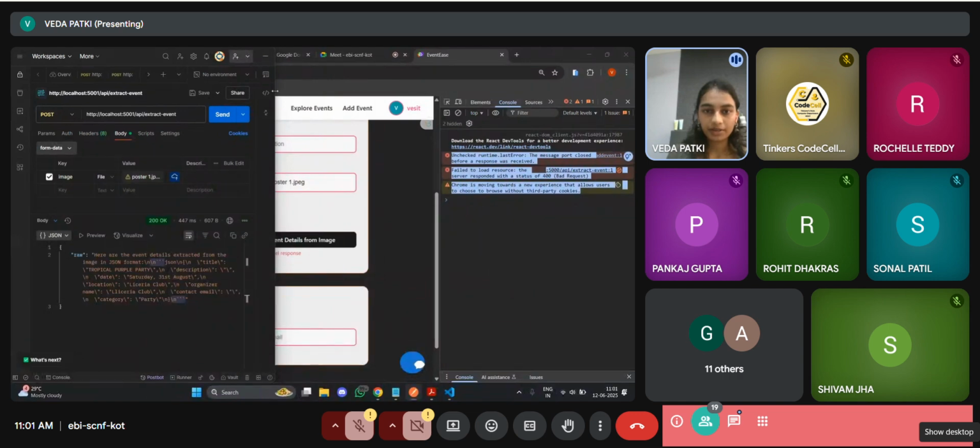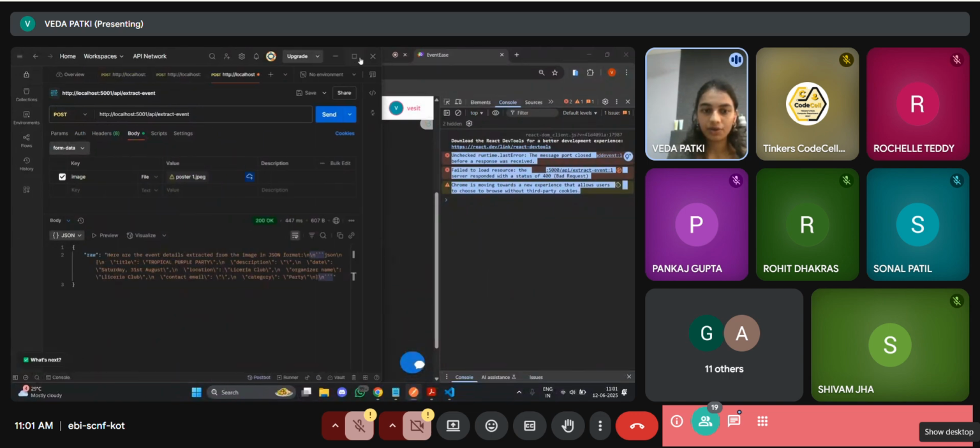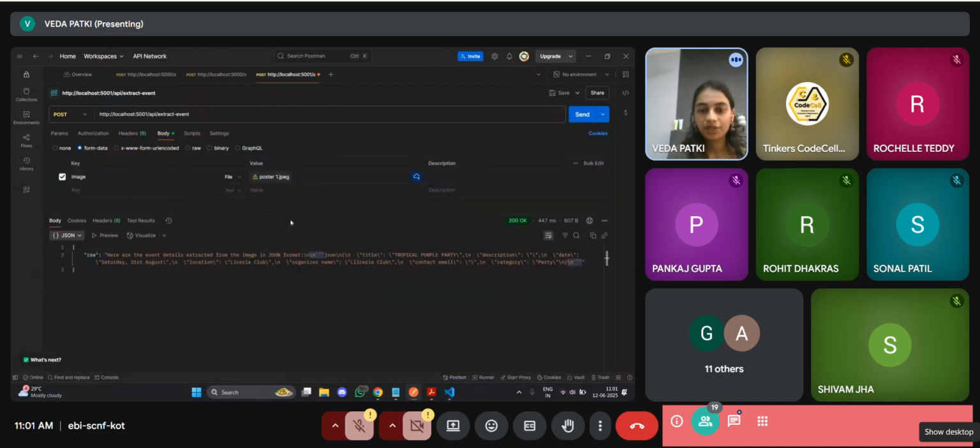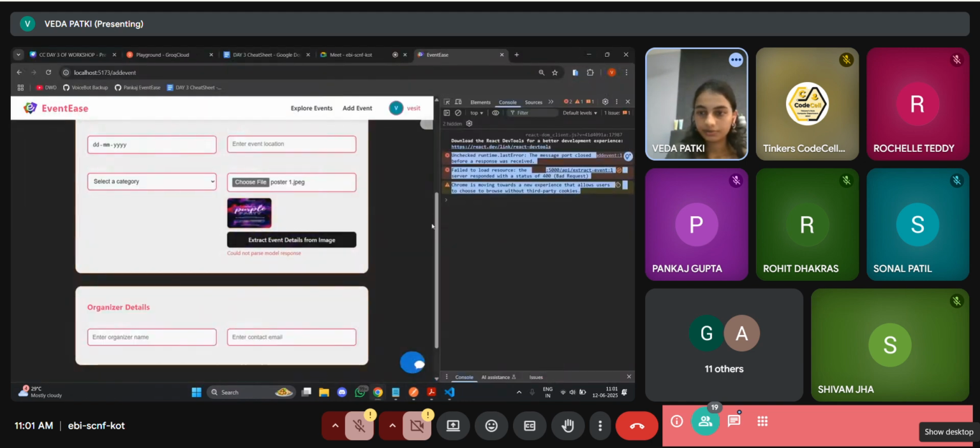So what is Postman? तो Postman एक software है with the help of which we can test कि हमारा जो code है which is running. So I'll not cover this right now, but this is a good tool which can be explored and to test the backend as well as any Python file if you are trying to build. Okay, so